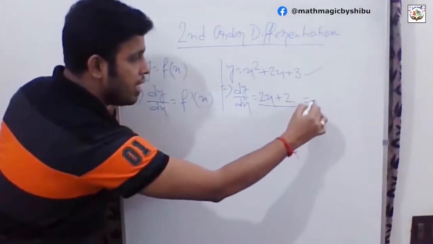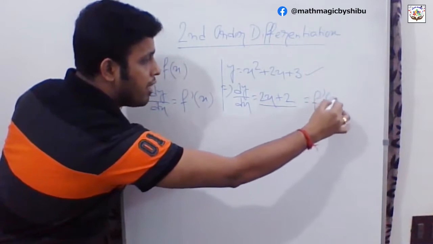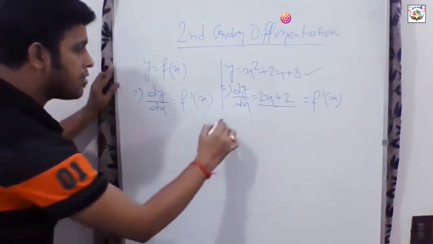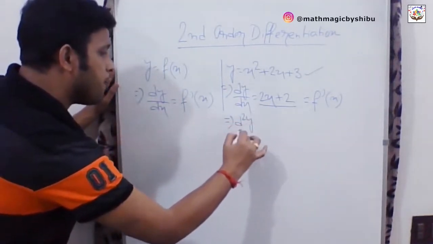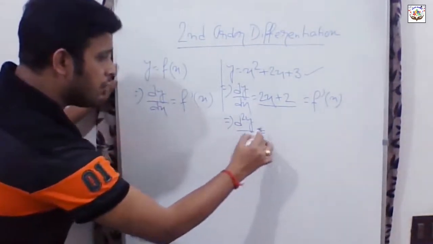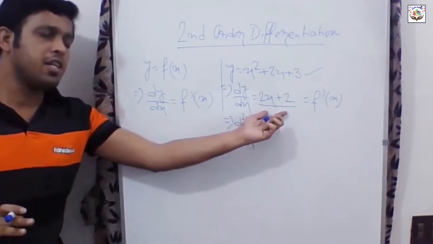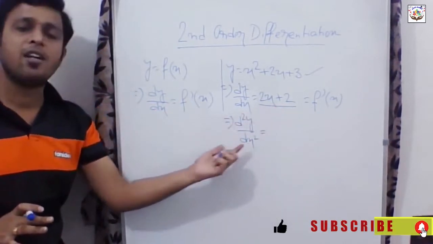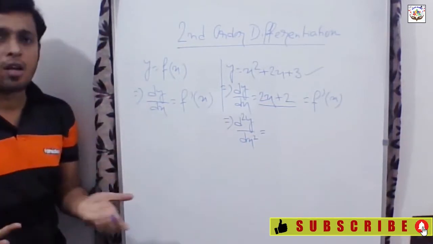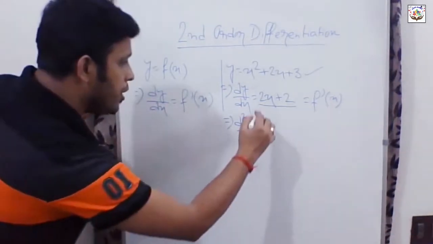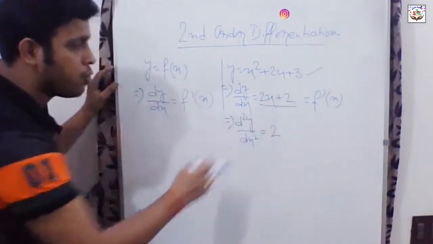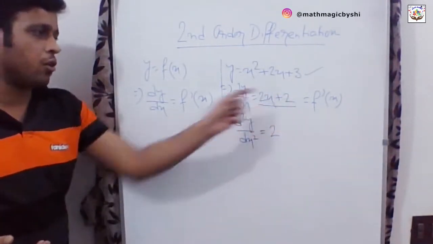So one time differentiation can be represented as f dash x, and second order differentiation is represented as d2y dx square. That means nothing more than that we need to differentiate the 2x plus 2 expression again to get the second order differentiation. That means the differentiation of differentiation is called the second order differentiation. As simple as that. We know the derivative of 2x with respect to x will be 2, and the derivative of 2 with respect to any variable will be 0, as 2 is a constant.